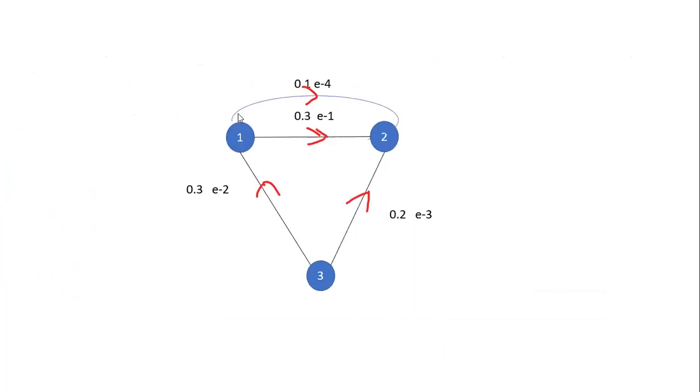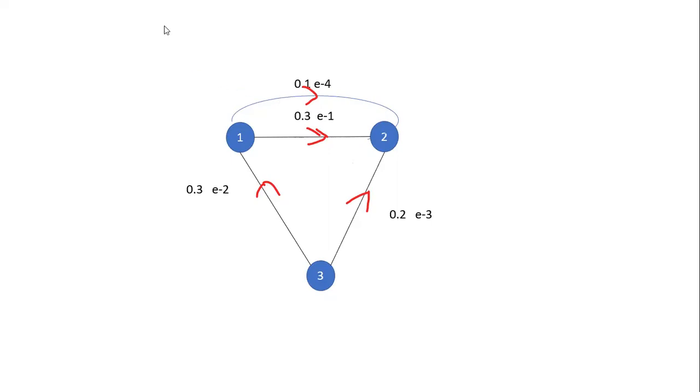This is the graph for the given table: first bus, second bus, third bus. Element 1 is connected between the first bus and the second bus, that is 0.3. Next, element 2 is connected between the first bus and the third bus, that is 0.1. Next, element 3 is connected between the second bus and the third bus, that is 0.2. Next, element 4 is connected between the first bus and the second bus, that is 0.1. This is the graph.